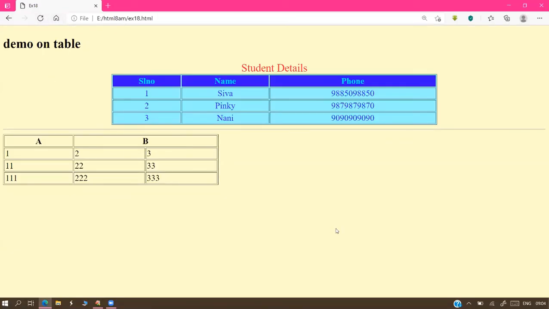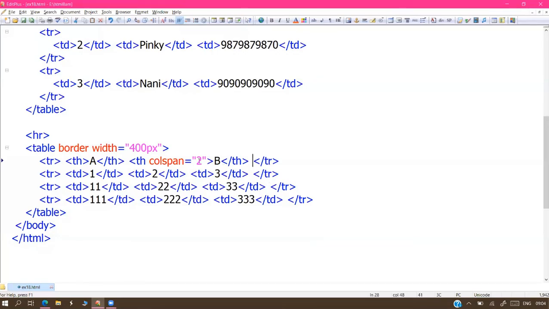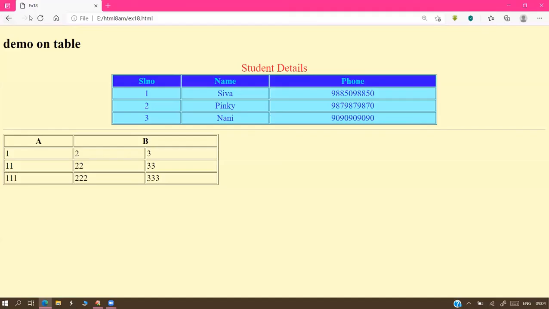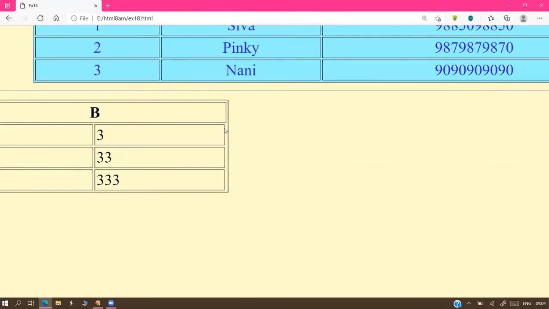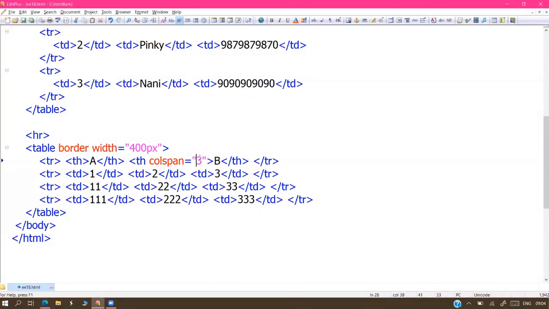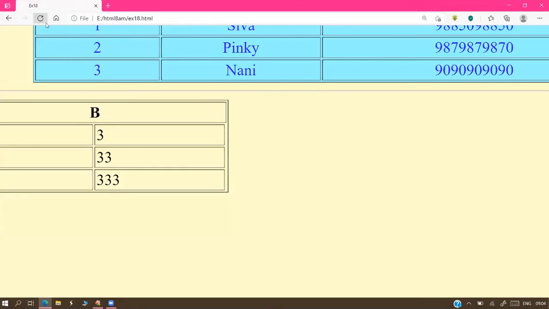This is colspan. If you have one more, no problem, sir. 3, 4, 5, 6 also we can give. There is the third column, sir. The third column has no data, so we got a small enhancement here. See, B is extended because data is not available in the third column. Whenever data comes in the third column, it will automatically display. Currently, we have a small difference in alignment because we gave 3 without having data. That is the problem. Now see, the sharp edges come again.